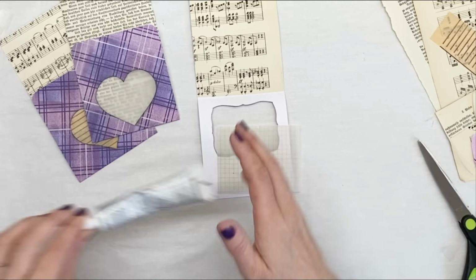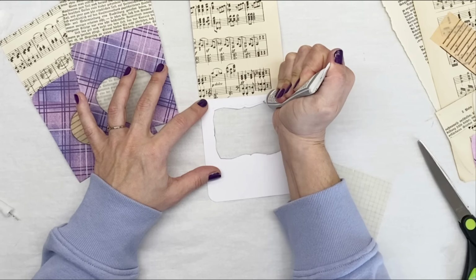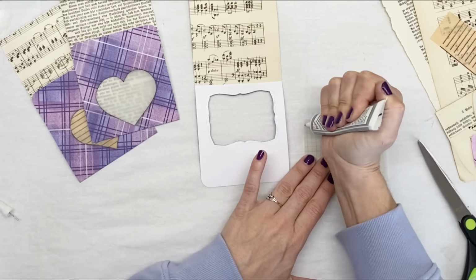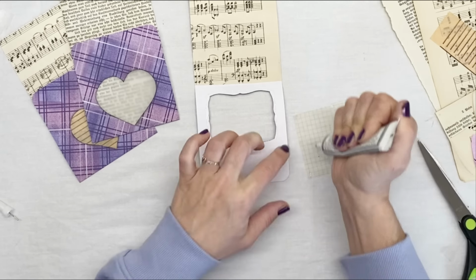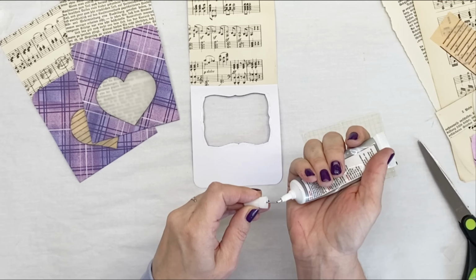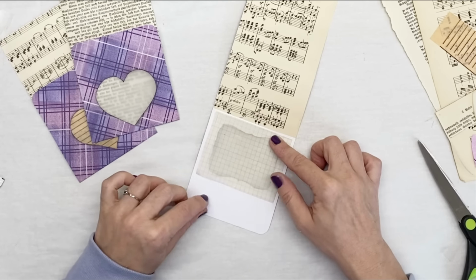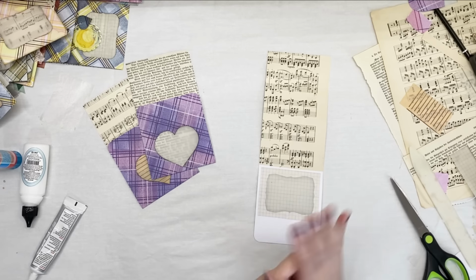All right, and we have this one, which is also waxed paper, so I'm going to just apply around the edges. So yeah, one way of making your own tracing paper is by waxing the regular paper. It becomes see-through. See. Okay. Let's put that there. And we're done